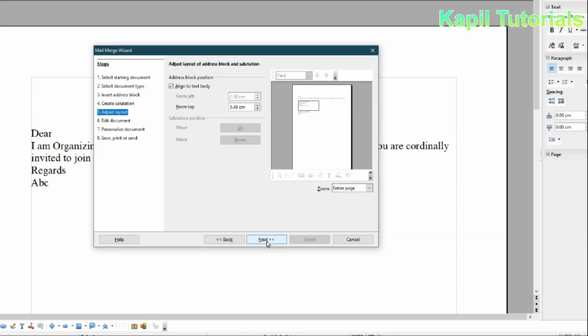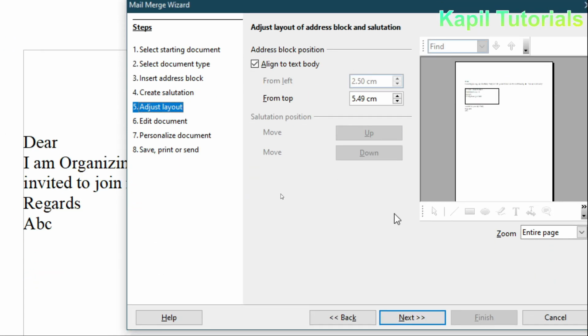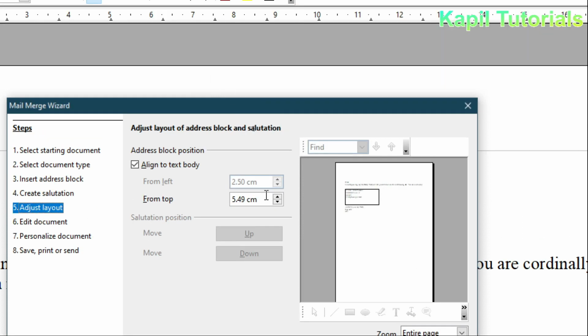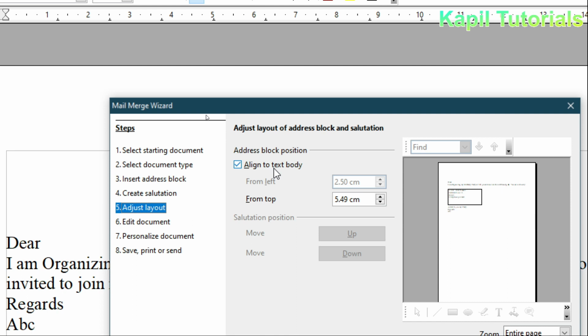Now here is adjust layout. In adjust layout you could see it is showing where the data source is to be placed. Accordingly we can place this from here, like the address block option. Here the position setting has already been given.